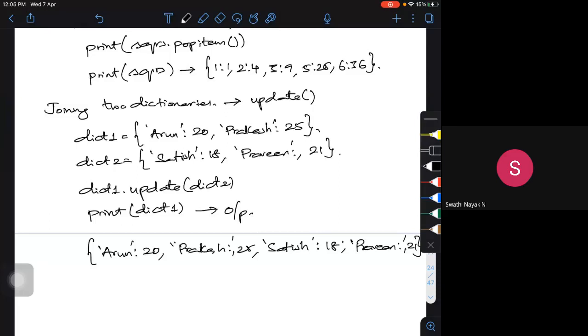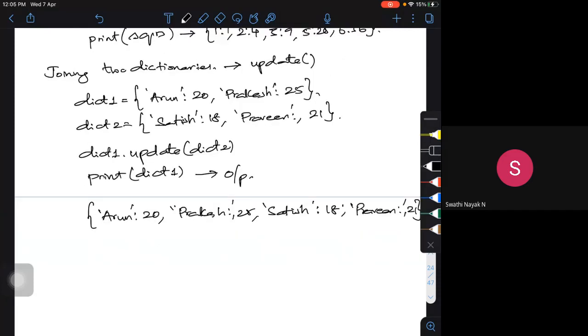So, is it possible for us to join three or more dictionaries? There is one option called the double star command. You can join them with that. For example, if I use update, what is going to happen? dict2 is copied into dict1, and I get a combined dictionary. Is it possible for me to create a new dictionary by adding these? Yes, we have an option. How to do that actually?